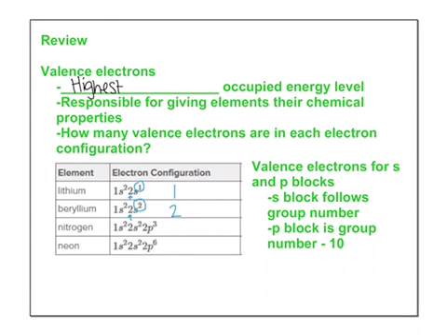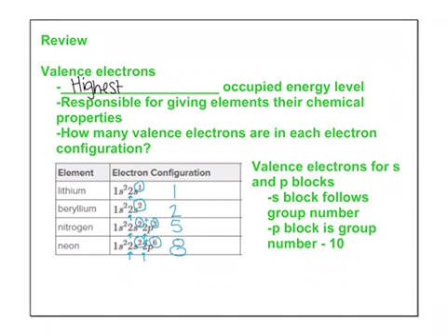Nitrogen, again, has the highest energy level as 2, but this time that 2 shows up in 2 different places, and so what we have to do is add the electrons together. So in nitrogen's case, we have 5 valence electrons. Again, neon's the same way. That highest energy level shows up twice. So we simply add together the electrons in those 2 areas, and we see that there's 8